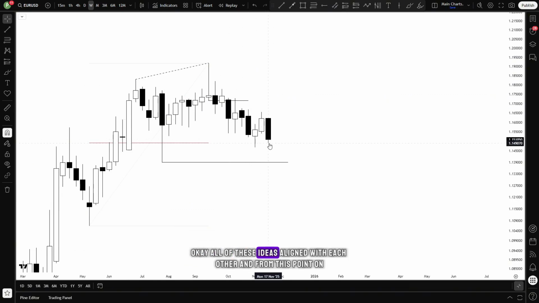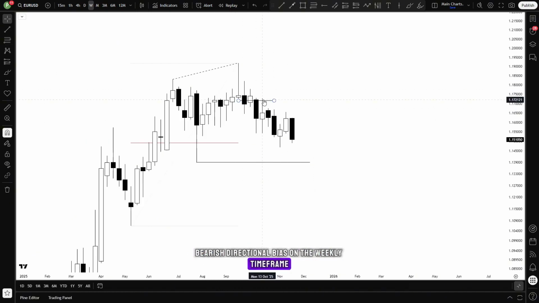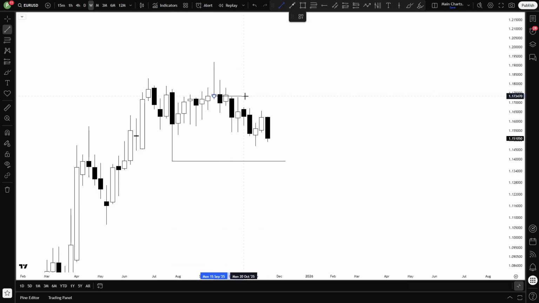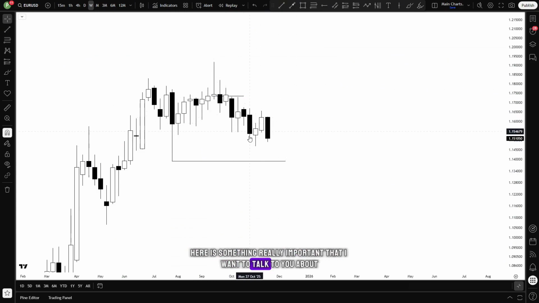Okay, all of these ideas aligned with each other, and from this point on, I've been having a long-term bearish directional bias on the weekly time frame. Okay, now let me remove all of this. Let me just keep this one. Now, with that being said, here is something really important that I want to talk to you about, which is